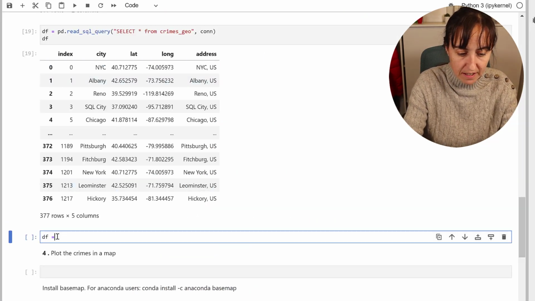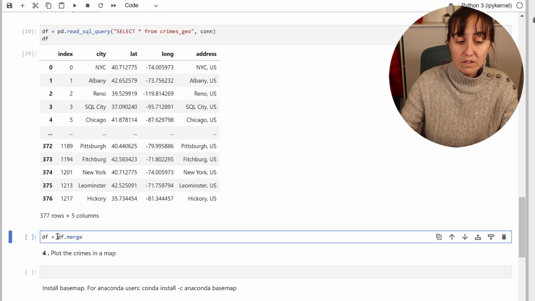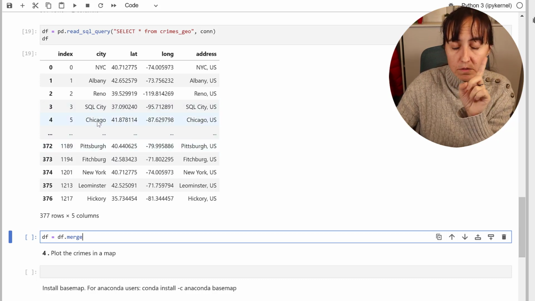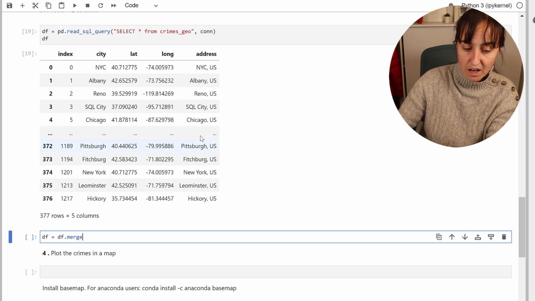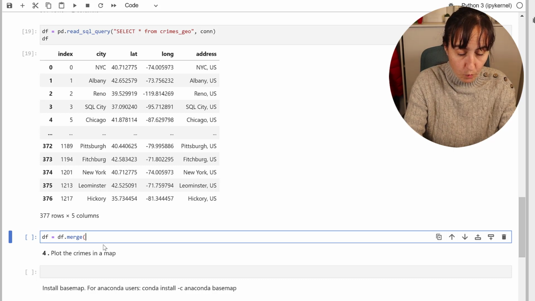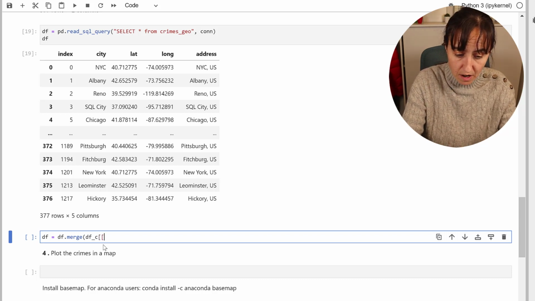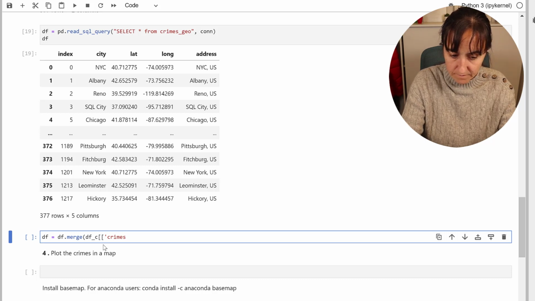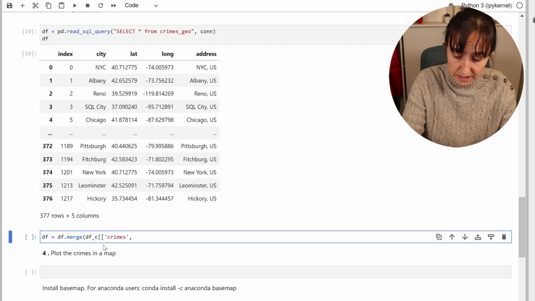So I'm going to call this df data frame, and we're going to do data frame merge. So this is going to create a new data frame. You can actually put it, no, I'm lying to you. The df is the crimes geo. So I'm going to add the crimes column here. So merge, and then we want to get from dfc, that's C, 2 columns. We want to have the crimes column, and we need to bring in, I tried to not bring it in, but you need to bring it in, which is the city one,